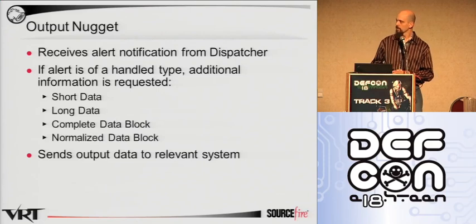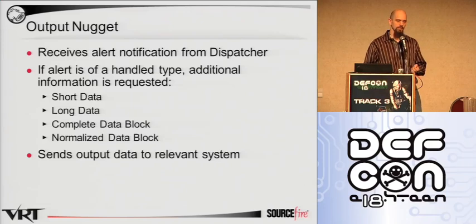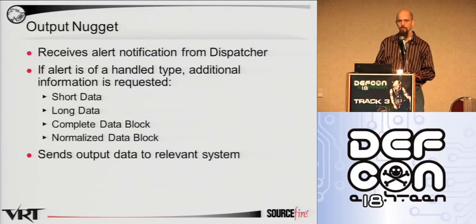As you can see, we try to really split things up, and the one I want to point out to you is the normalized data block. If there's some analysis that we do on the data before we alert, say uncompress some data or deobfuscate some JavaScript, we actually give you access to that. It really doesn't do you a lot of good if we say there's something bad in this file and then you look at it and you're just looking at a compressed data block. It really doesn't give you any information. So we do our best to make sure that the information that you're given is useful